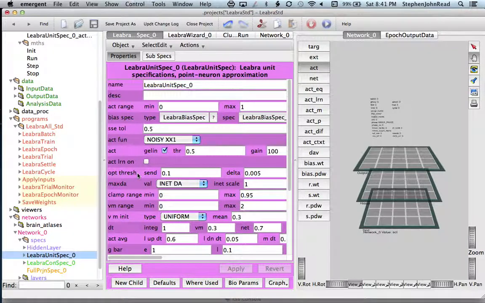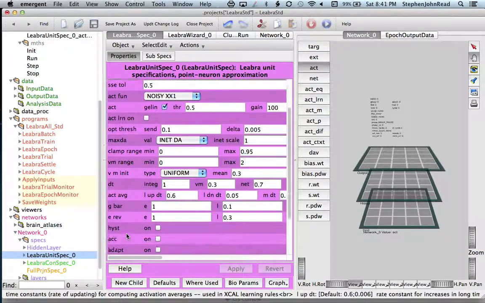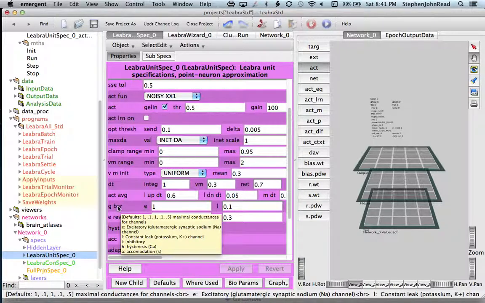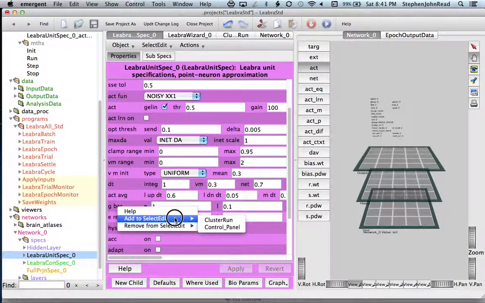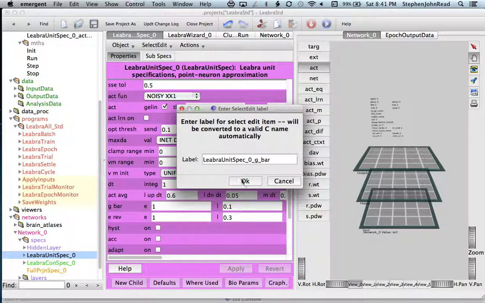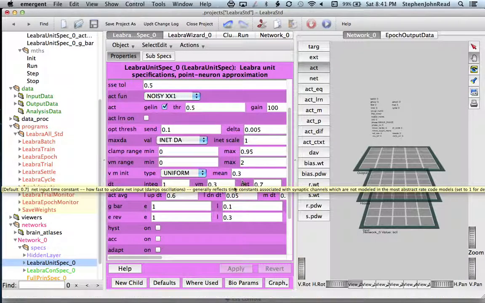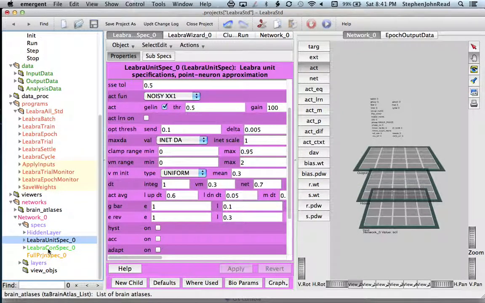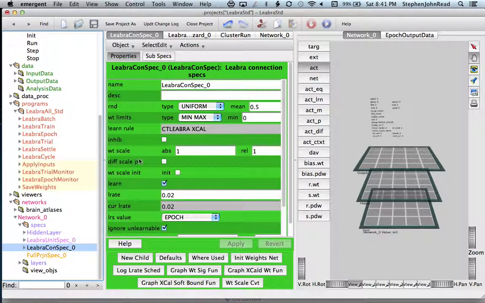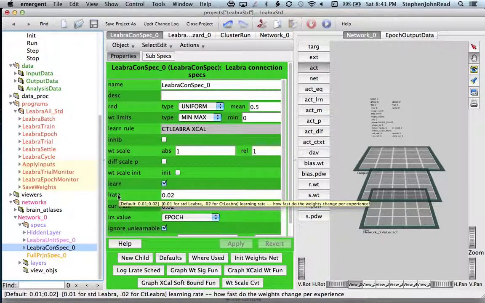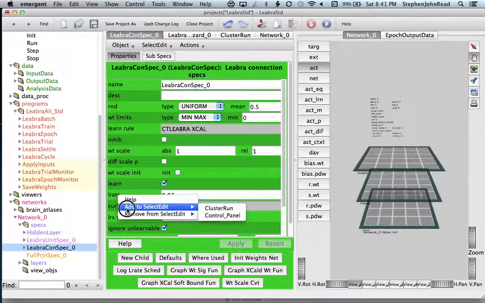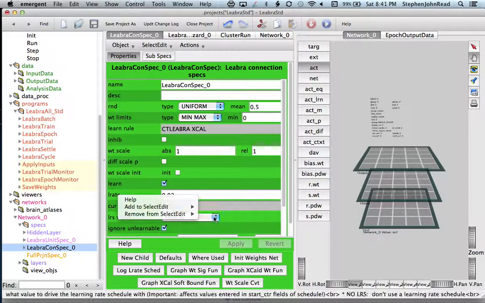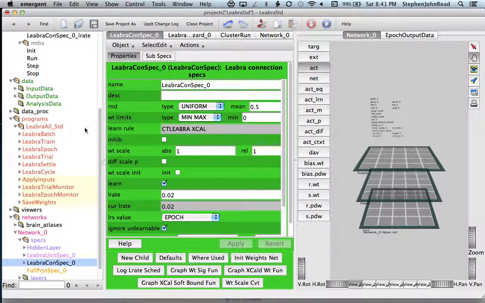And then say I want to do things like be able to adjust the conductance. I go down to G bar, control or right click, choose add to select edit, put it in control panel, and hit OK. And then finally, let's say I want to have the learning rate in my control panel. I'll click on the connection spec, and then I'll find the learning rate. I will control click or right click on that, add to select edit, control panel, say OK, and now